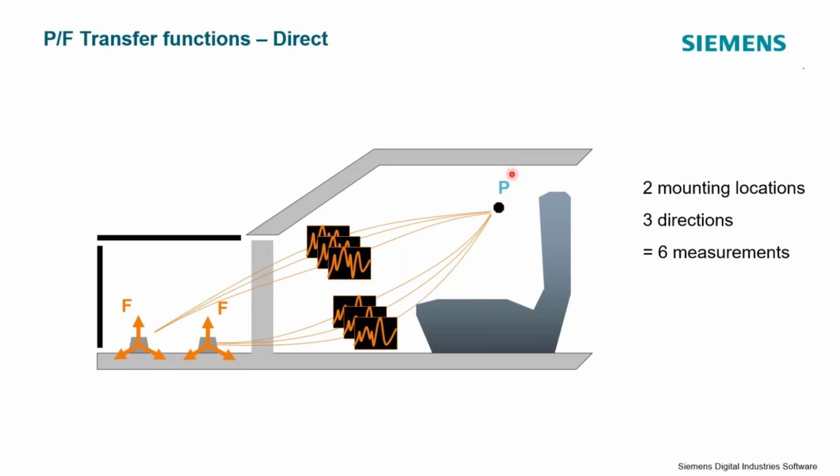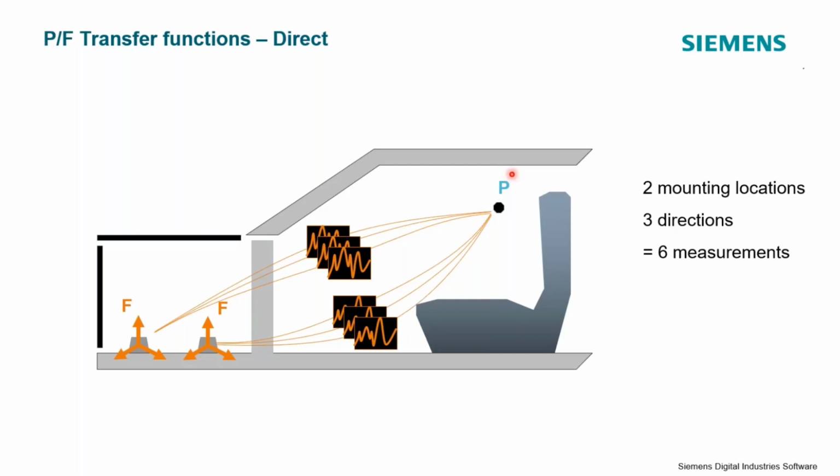So now I've taken my impact hammer and I'm hitting each location at least 3 times, plus I'm taking a bunch of averages at each of those locations in each of those directions. And so you can see how the measurement time grows very, very quickly. And so we'd be interested in a more efficient way to do this, okay? This is what is called a direct measurement. Putting in a force, I'm measuring a pressure, I'm getting a P over F in the direct way.